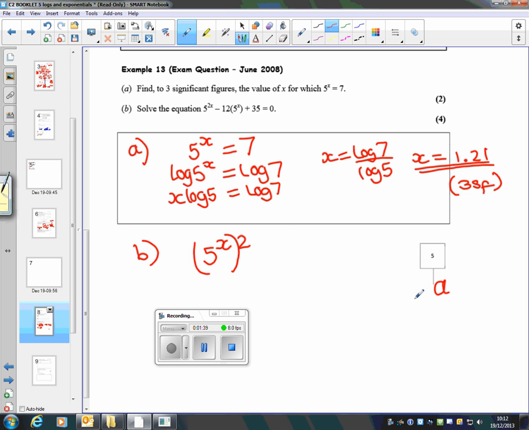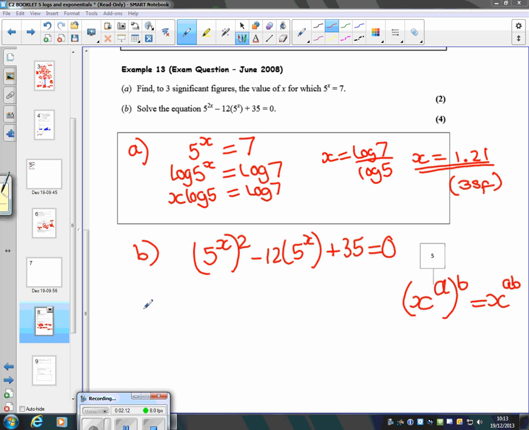rules that if we've got x to the power a b, we can write that as x to the power a b. So 5 to the power 2x is the same as 5 to the x all to the power 2. The reason we do this is because it's going to be easier for you to spot what you would use for your substitution. So at the moment it looks a bit complicated, but if we use a substitution